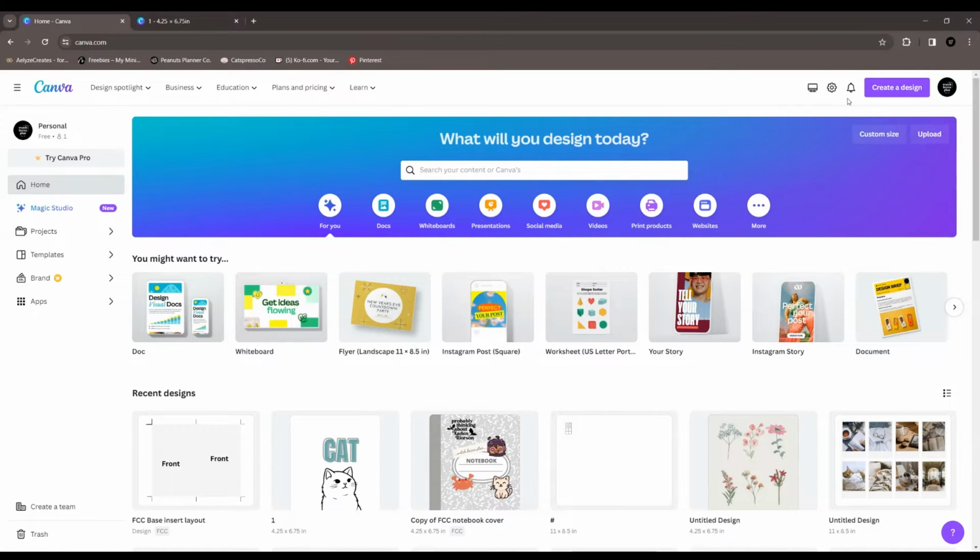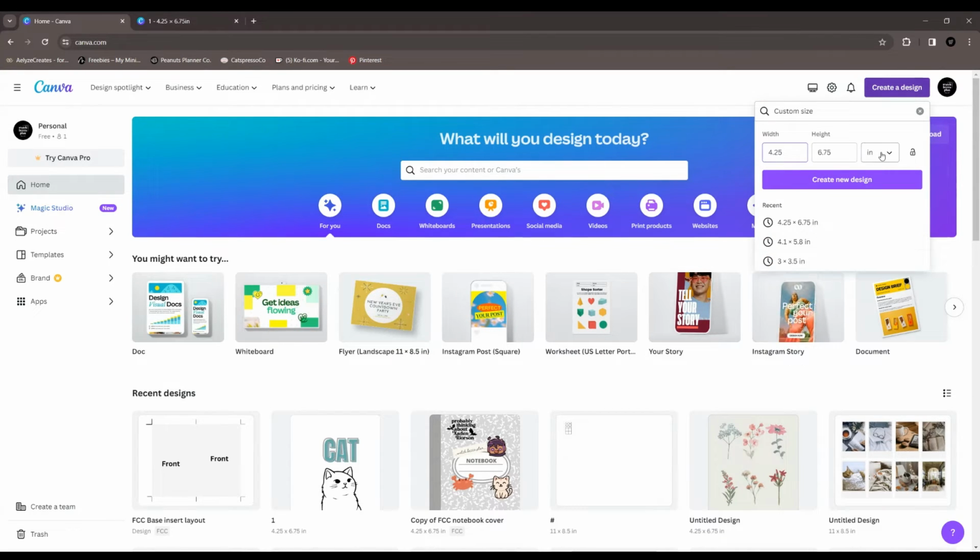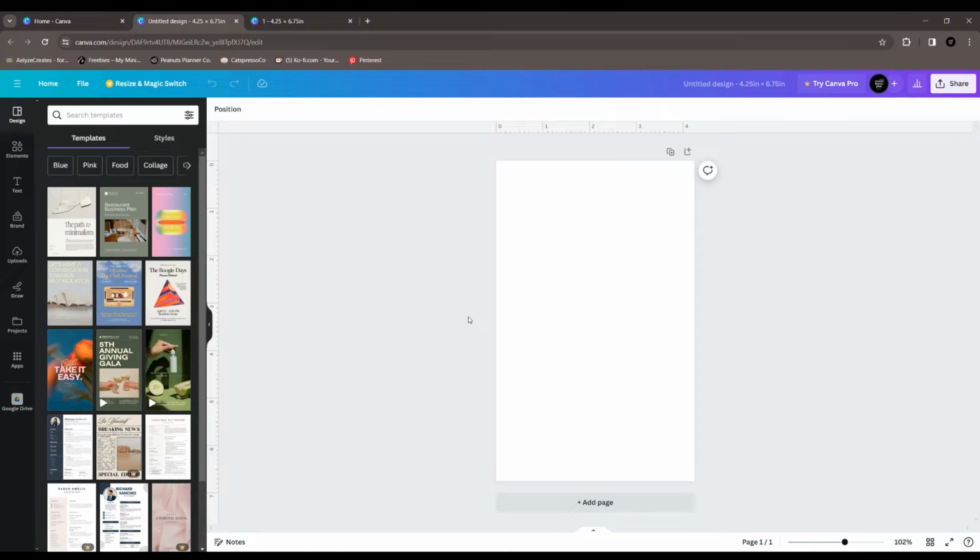So you're just going to go up here to create a design, and then I do custom sizes, and you're going to put this to inches. And then I'm going to make a Franklin Covey compact size insert. So mine is 4.25 width by 6.75. You click a new design, and then